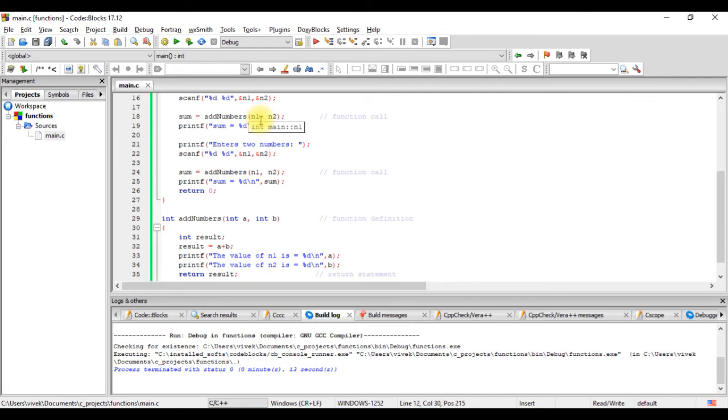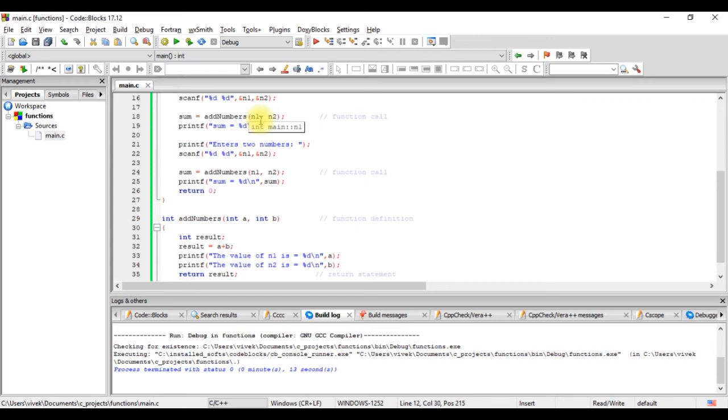So if there are a significant number of statements, it's a good idea to create a function and call that function every time. In case you have 10 different sensors and each sensor has a number, you can pass the sensor number as an argument to that function to read that particular sensor and then return that value. This method of passing arguments, where we are passing the value, is called call by value.